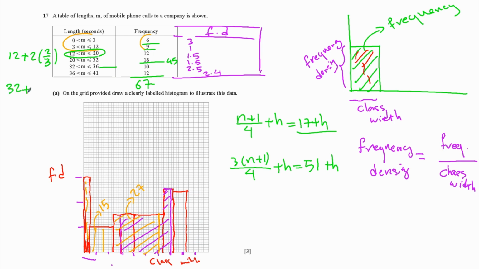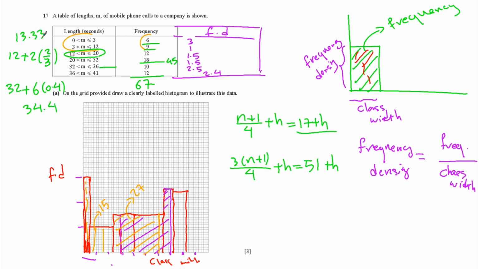Because each section, when I divide that class by 10, it would give me 0.4. So if I add these two, 6 times 0.4 is 2.4, so this would be 34.4. And this one, 2 times 2 over 3 is 1.33, plus 12 is 13.33. So therefore, the interquartile range would be this